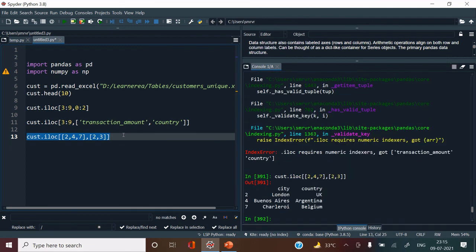Let's see if that works. Yes, that will work. So if you want to provide in the form of a list, you need to use the index numbers for rows and position numbers for columns. So this is how iloc will work. This will always work only with integers.